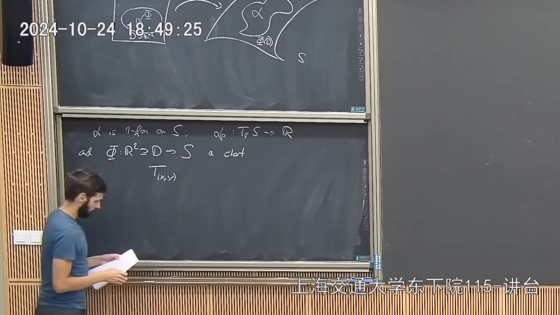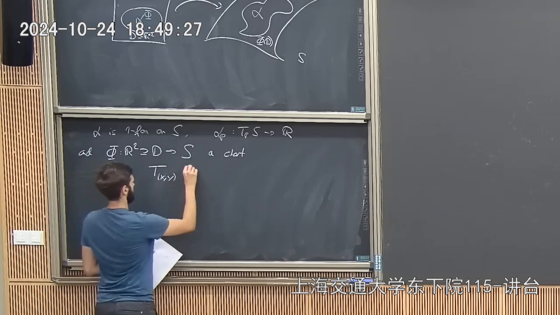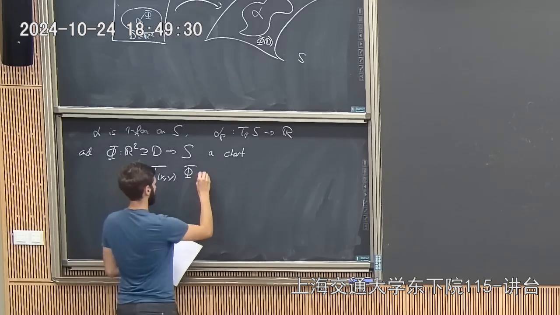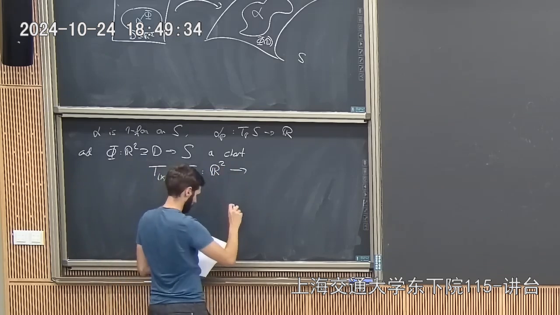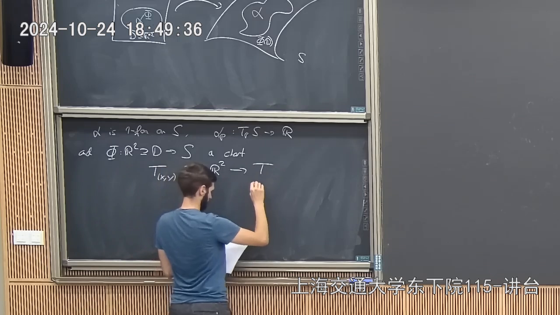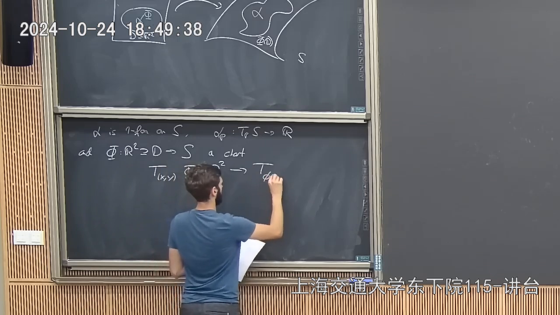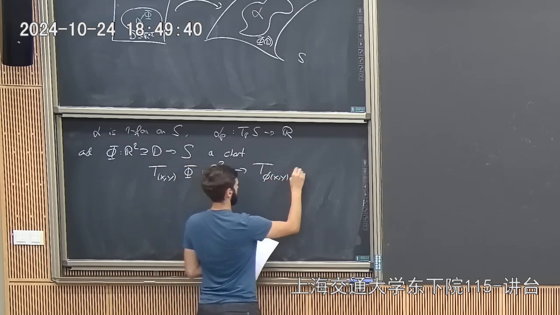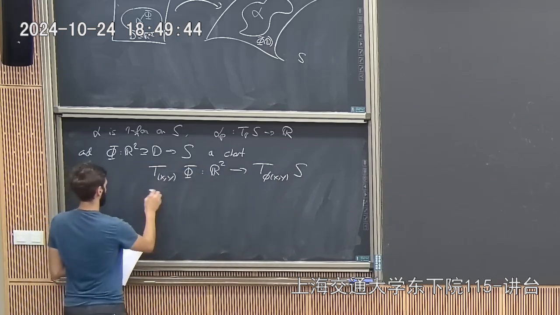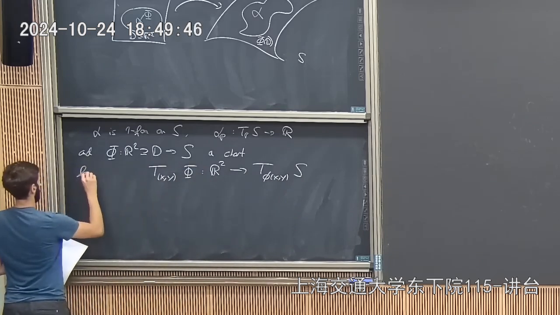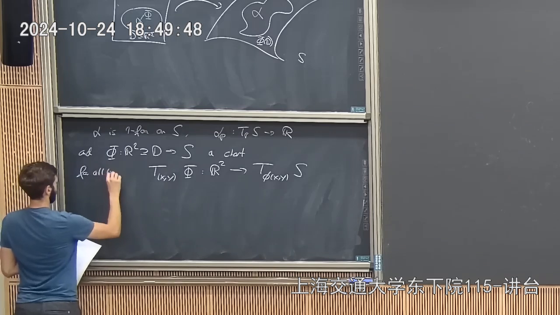So we get the tangent map of phi, which takes vectors in the open subset to vectors in S. We get this one for points x and